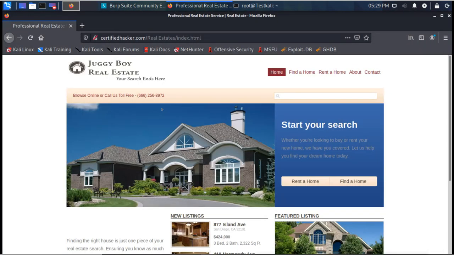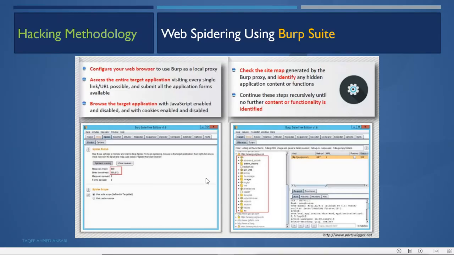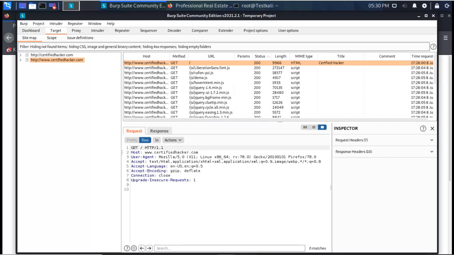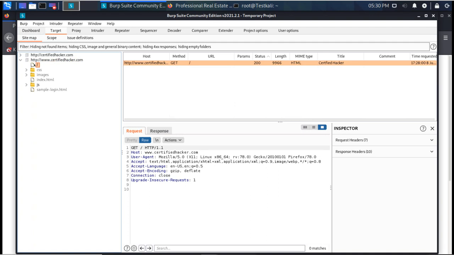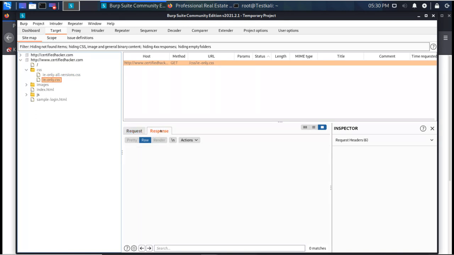So just like that, this is totally manual, you have to see each and every request and response to get the information about the technology they are using or the content. So by doing this we can do interception, and we can see whatever we have intercepted. Under this Target section you can see what we have intercepted here on this side. We have seen this, we have seen this. Under this we got these requests. You can see here this is the request and this is the response from that request.